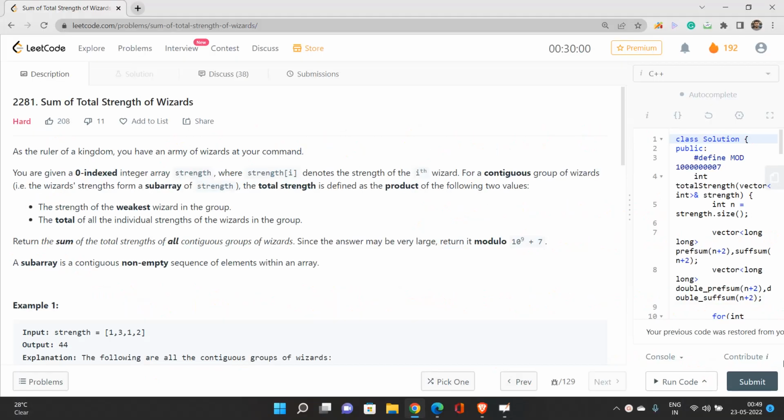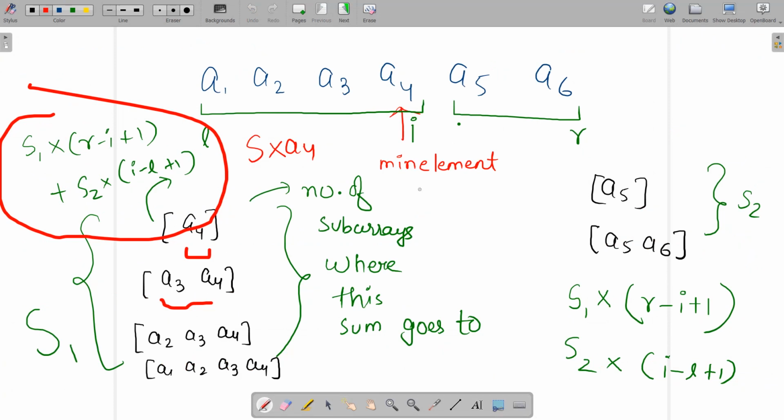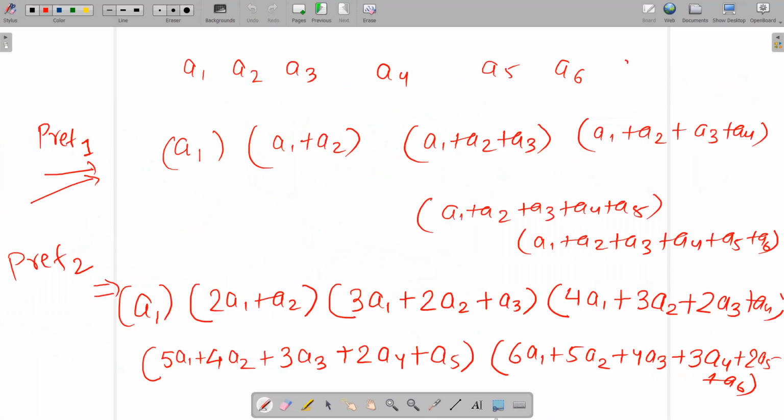So suppose we need to find out the values lying over here. Suppose we need to find out A5 and A6, right? So what is this? It is actually 2A5 plus A6. Are we able to find this with the help of the second one? We need to compute the sum for the range A5 to A6. So looking at the prefix sum, the second-time prefix sum,